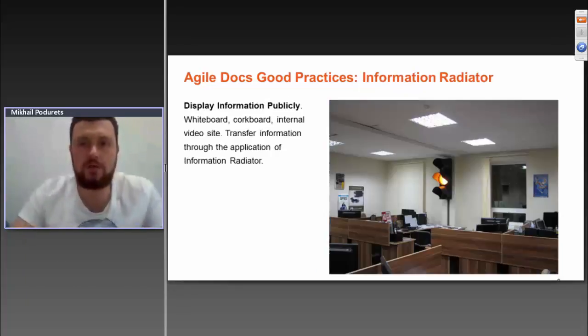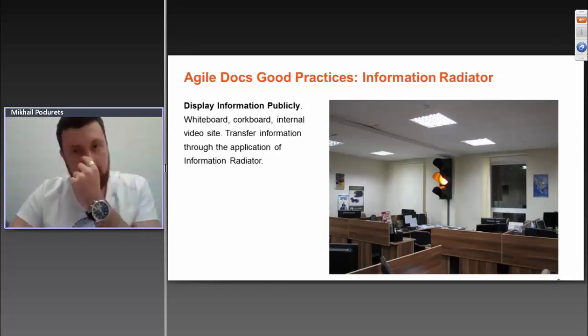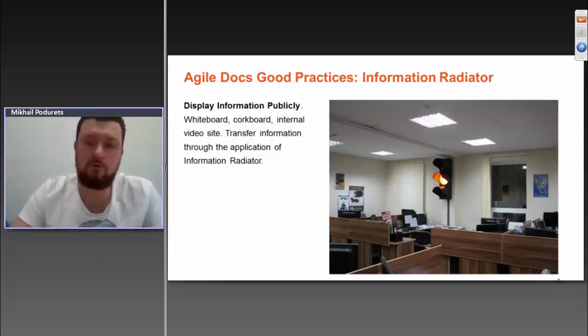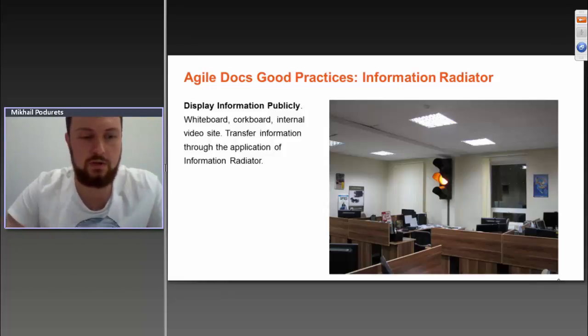The next one is information radiators. We love this approach, really. As shown on the screen, for example, this is a traffic light used for showing the status on the continuous integration server. There is a lot more information that you can actually put on the walls and keep up to date all the time, because usually we teach our teams